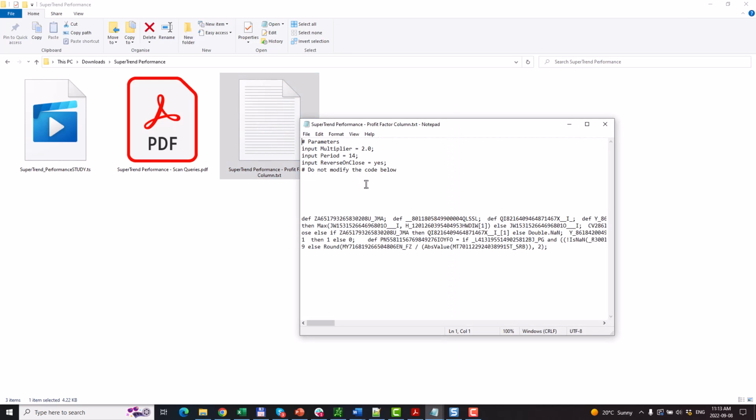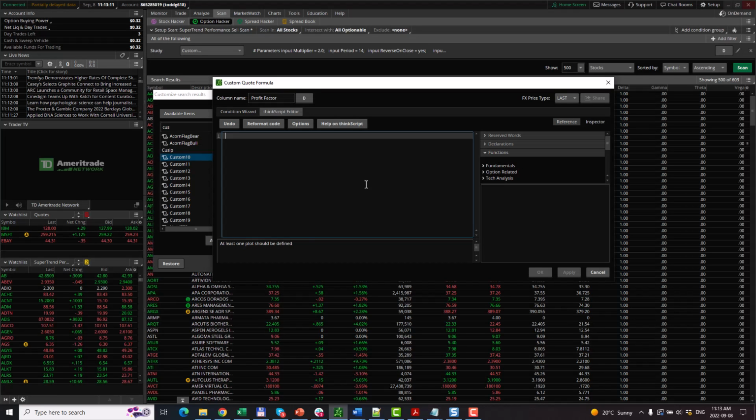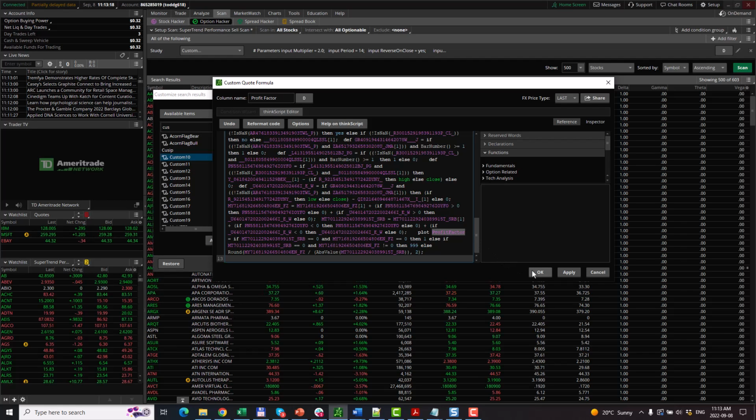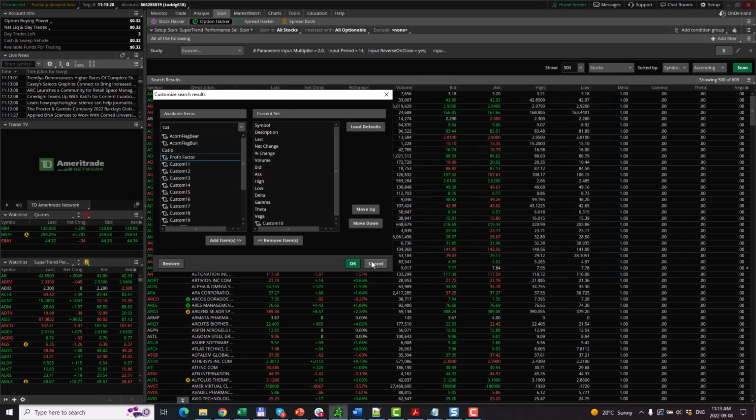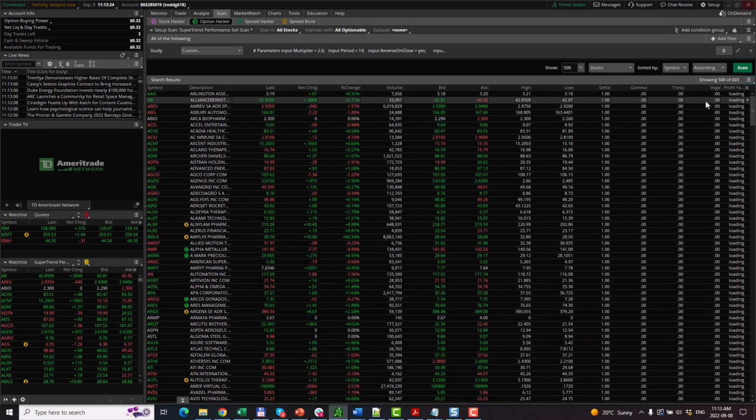This will open up a notepad. I highlight everything with Ctrl A. I copy it, go back to ThinkOrSwim, and in here, in the ThinkScript editor, I paste the entire content. And I will click OK. And that's it. This will create a custom column in your scanner all the way to the right, which you